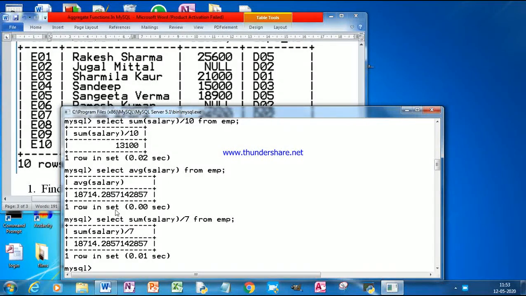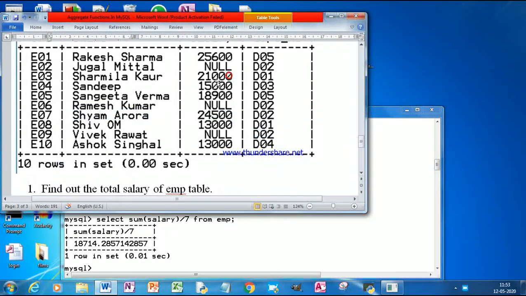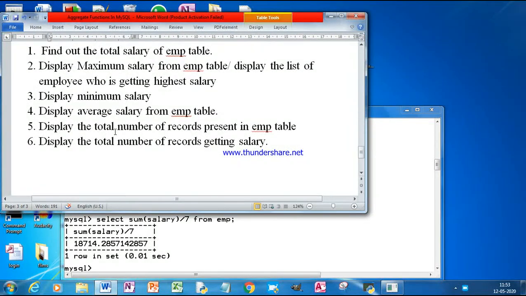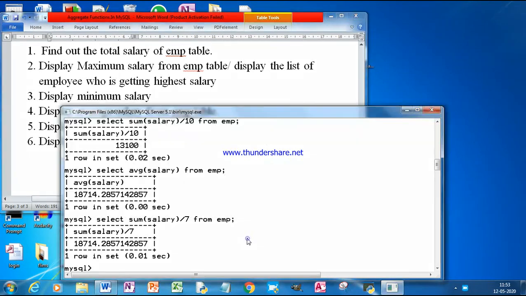See the result? Now next is display the total number of records present in the employee table. If you want to display the total number of records, nothing else, see the word number, total number, then we have to use the count function.